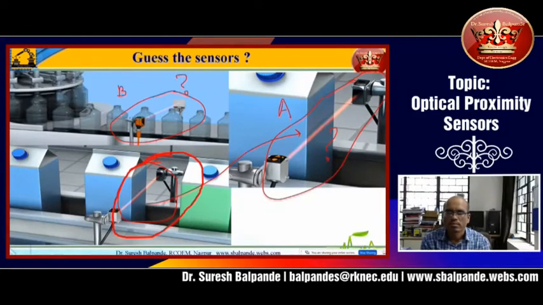Through beam and reflective type. Yes, this is absolutely correct. A is nothing but the through beam, because we have a separate transmitter and receiver. You can see why we can say this is a through beam, because you can see this module and this module. It is not looking like just a glass. So of course one is the receiver part or maybe the transmitter, and this is the transmitter or receiver part. Both modules look the same. If you are using two similar kinds of modules, one acts as a transmitter and the other as a receiver. Same module means look-wise same, not operation-wise or sensor-wise.